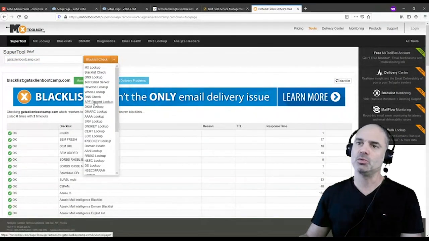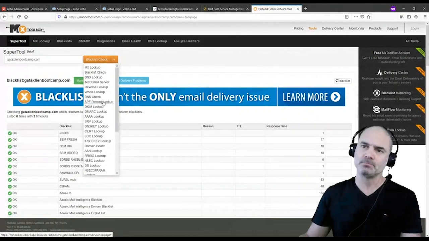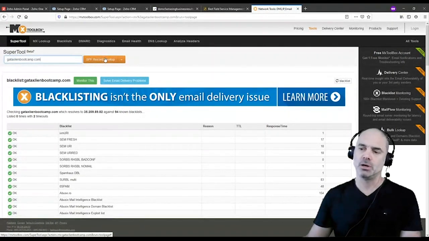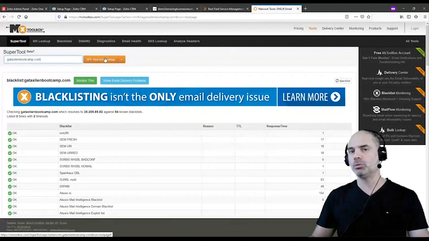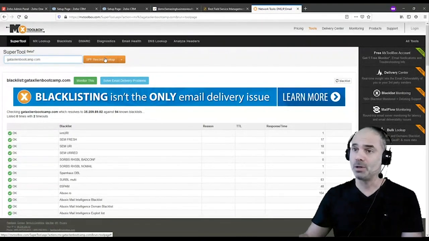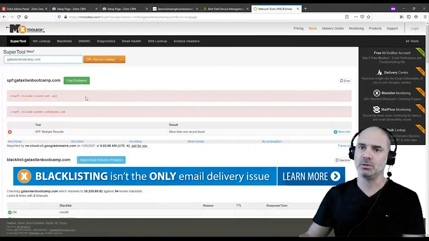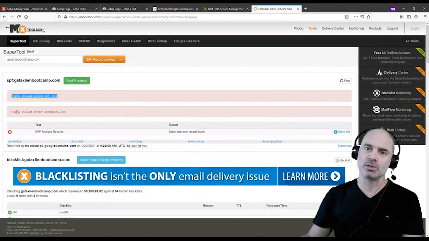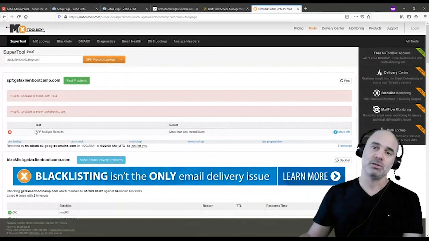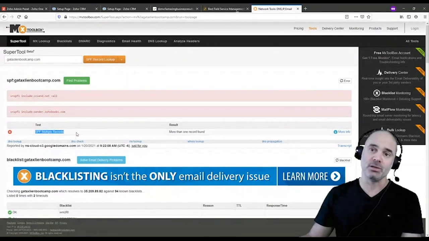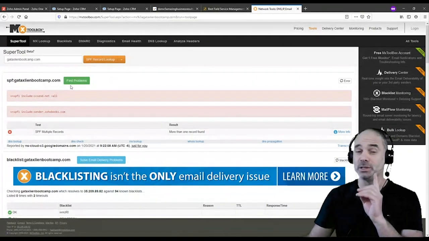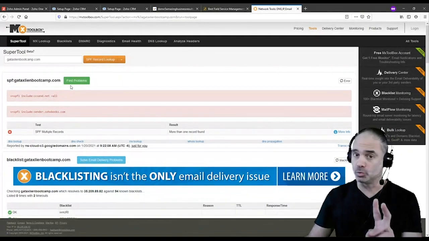Next, I'm going to what we call the SPF record. The SPF is just a way for the world to know if you are who you say you are. So if I click on the SPF, you can see that I have here 2 SPF records. It's even easier, it's just telling you that you have multiple SPF records, more than 1 record found. Now, the idea of the SPF, you should have only 1 for your domain, not 2.